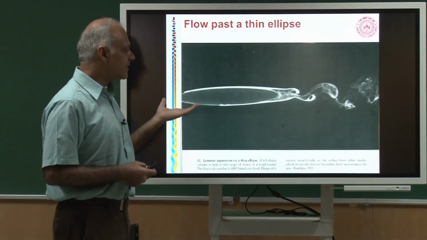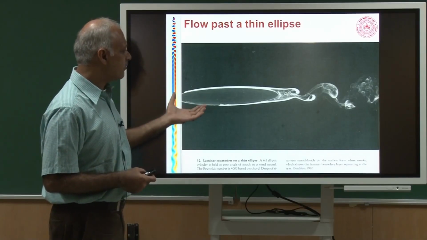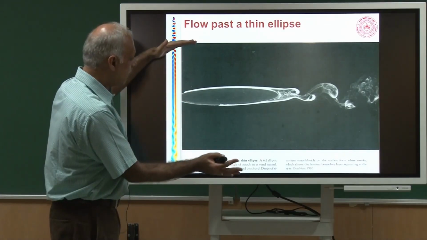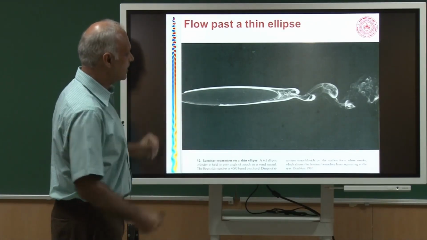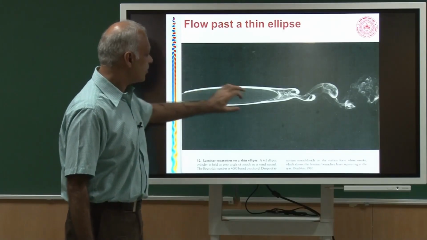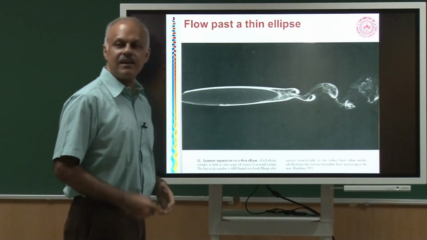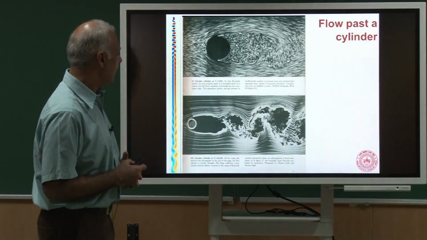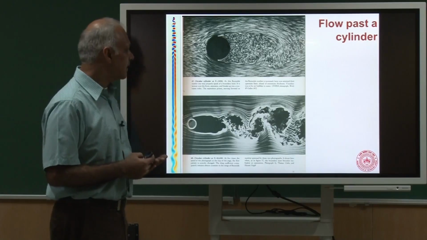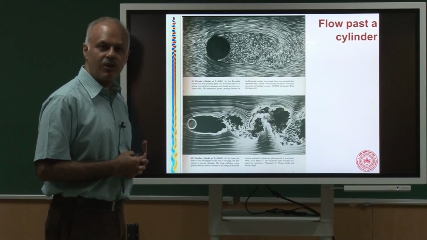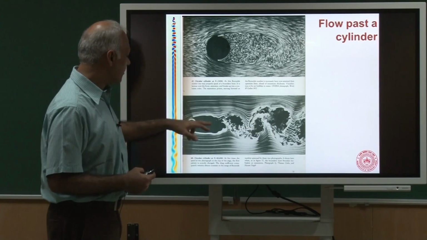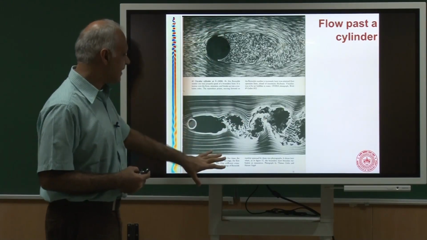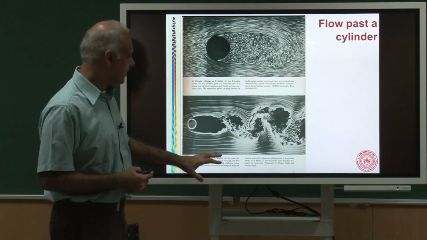Okay. This is an example just to tell you that just like for a cylinder you had vortices which were very strong, but if you had a body which was more like an ellipse, okay, so now you see these vortices are there, but they are a little bit weaker. So they are there for thin ellipses also. What happens when I increase the Reynolds number? The nice periodic flow that we saw earlier, now you see it becomes so complicated. Okay. So this is at a Reynolds number of 2000, and this is at a Reynolds number of 10,000.